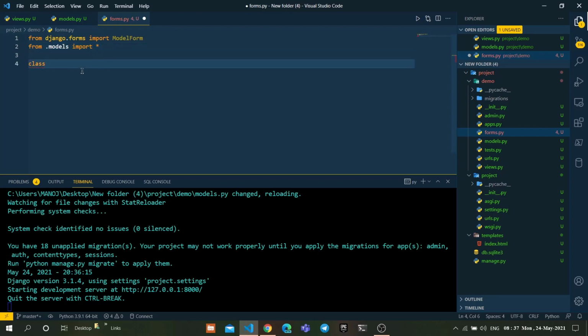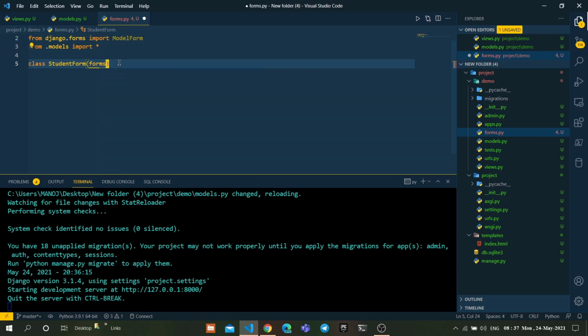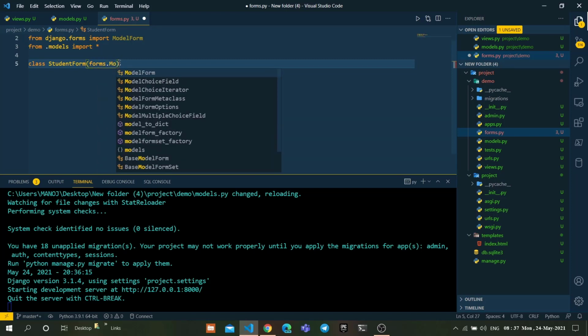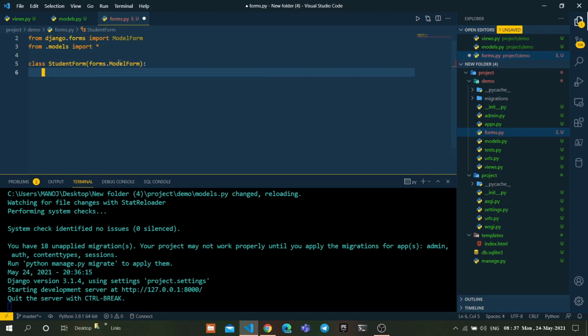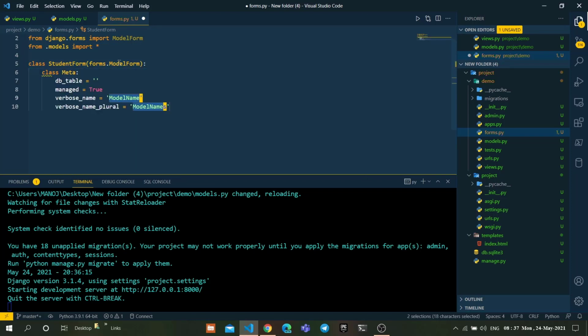Here class StudentForm of forms.ModelForm. Here class Meta.